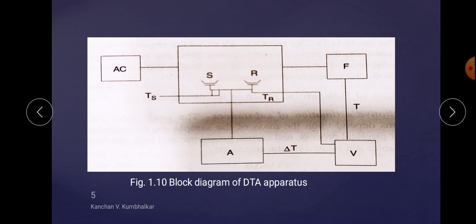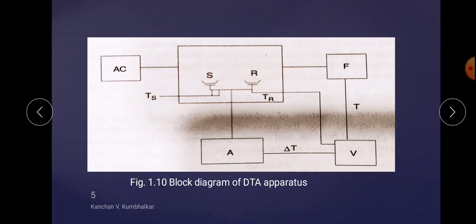On the other hand, if delta T is negative, that is the temperature of sample is lower than the temperature of reference, then delta T must be negative and the peak is observed below the 0 line. Hence, the DTA curve exhibits an endotherm. The atmosphere controller, that is AC, permits the circulation of air or other gases to surround the sample and the reference chamber in the furnace.